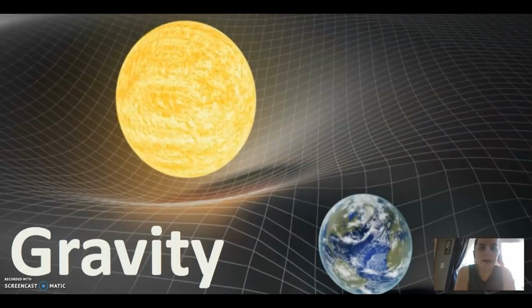Remember that Einstein said that space was like a fabric. We can picture this: if we were to spread this fabric out, make it kind of elastic, and put some heavy masses on it, there's going to be an indent within that fabric. The same idea applies with space. If we have really massive planets or stars that have a lot of mass, they're going to make a large indent on that fabric, or on space, and things are going to be drawn to them. So keep that in mind as we go today.